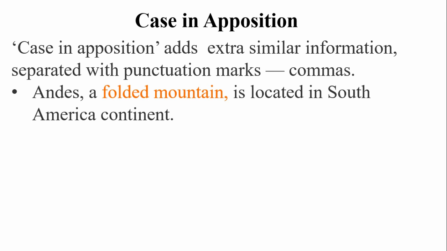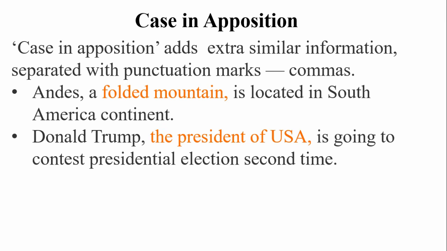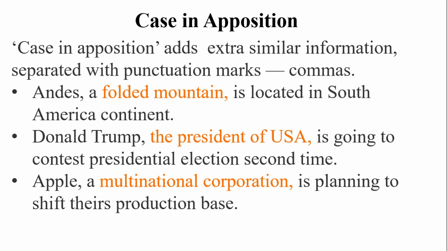Example: A folded mountain is located in South America continent. এখানে a folded mountain এটি হচ্ছে কেজ ইন অ্যাপোজিশন। Donald Trump, the president of USA, is going to contest presidential election second time. এখানে the president of USA এটি হচ্ছে ডোনাল্ড ট্রাম্পের অ্যাপোজিশন, কেজ ইন অ্যাপোজিশন।